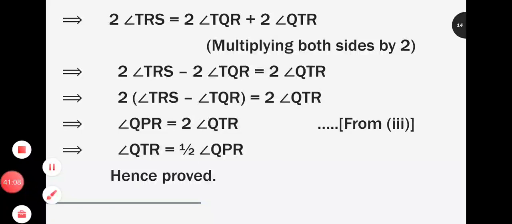You have to remember what main steps we are using. So again I repeat in short that we have first used the bisector of angle PQR, then we have used the bisector of angle PRS, then we have used the concept of the exterior angle theorem. That is, first we have taken triangle PQR and its exterior angle, and then we have taken another triangle QTR and its exterior angle. So in this way, stepwise, if you try to remember these proof questions, it is easy to remember and do the work yourself.